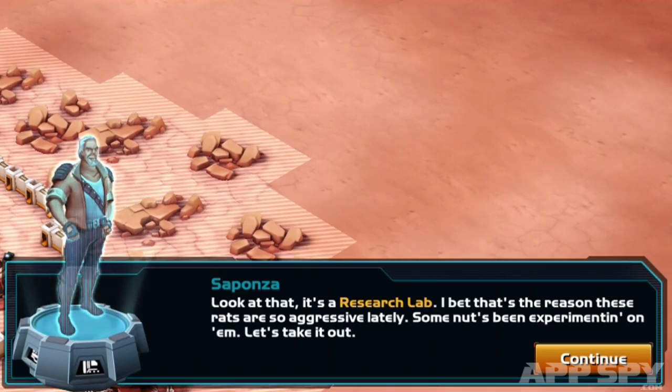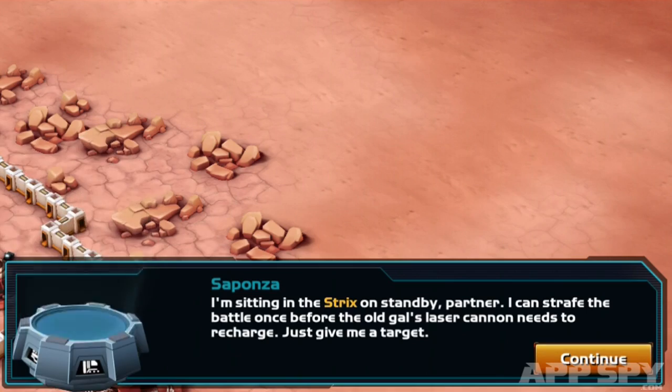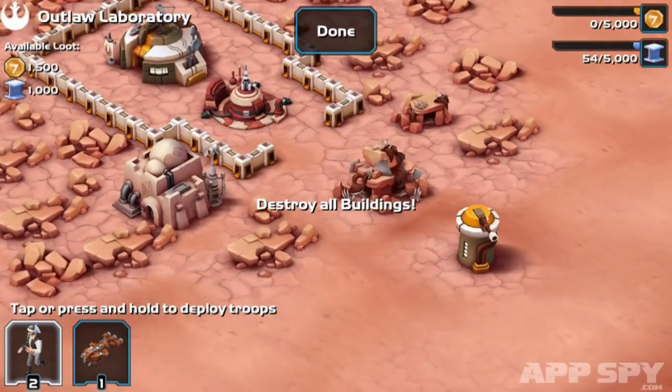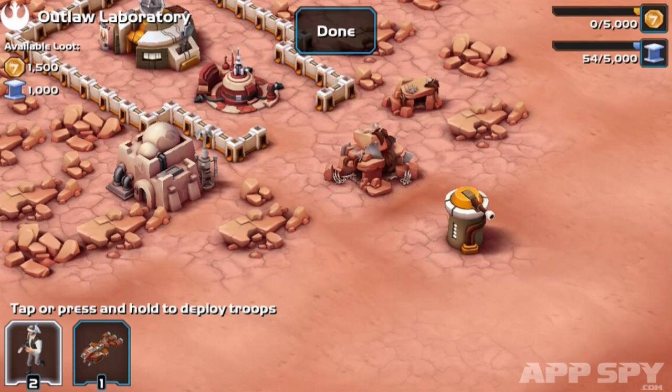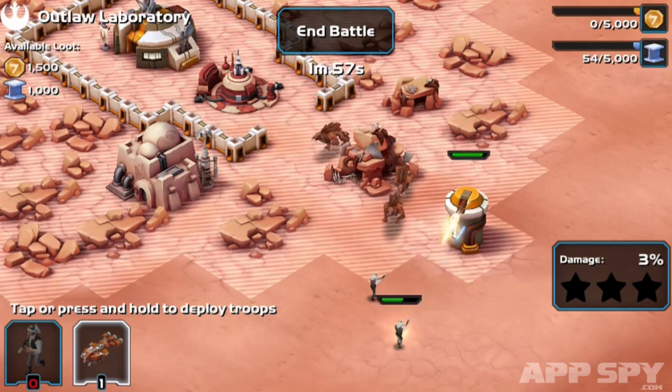Maybe not fly somewhere. Look at that, it's a research lab. That's the reason these rats are so good. Some must be experimental. Yeah, alright, fine. Alright, so we need to destroy all buildings, so I'm going to field my little dudes down here, and I'm going to field this thing,